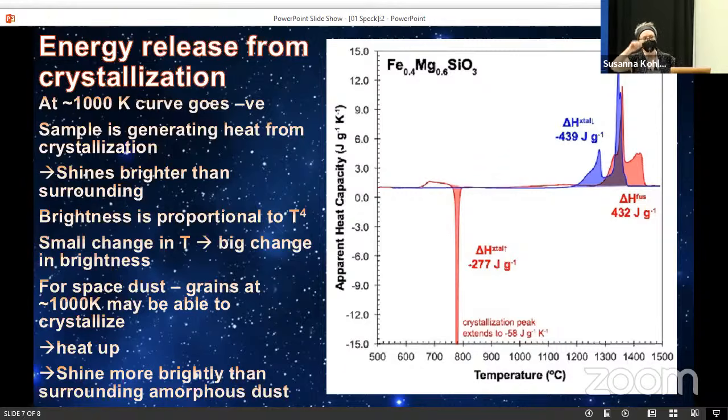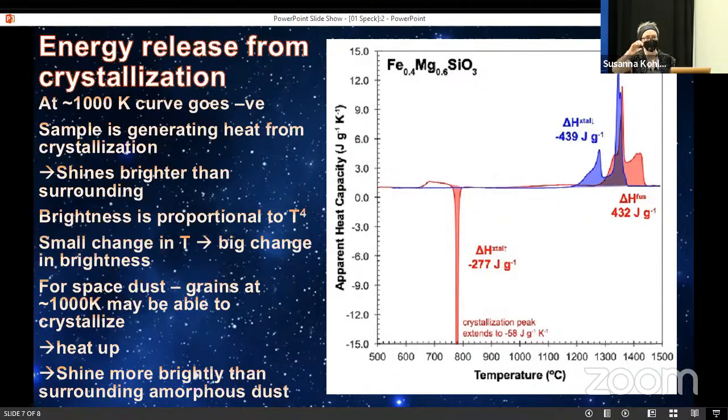And where you see there's a big dip and it looks like it has negative heat capacity, that's because it's spontaneously heating up. Essentially, this is a measure of how much heat the instrument has to provide to keep the sample heating at a constant rate. And so when it has that dip, that's because the sample is heating, it's providing its own heat. The instrument no longer has to provide it anything, okay?